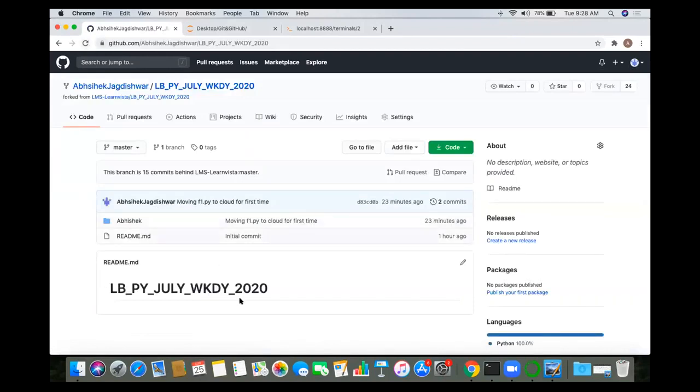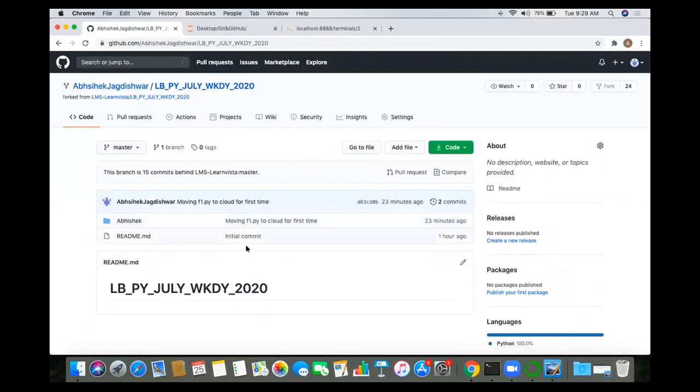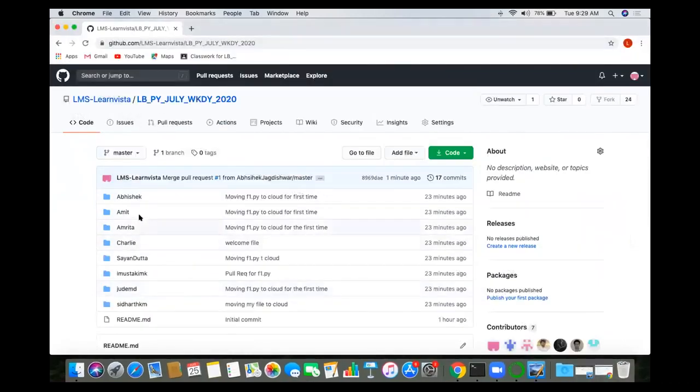Now, in the next class, we will see how you can make whatever changes we have made here available in your cloud repository. Let's say this is my personal account, and I want to see the code from Amit or Jude or Amrita, then how will I be able to see that?